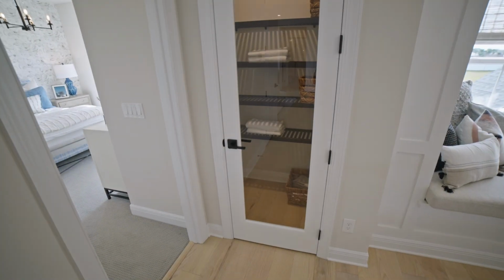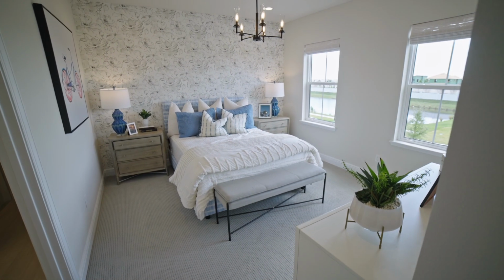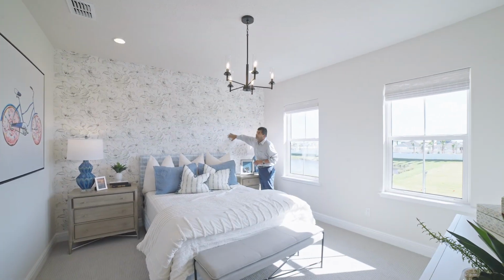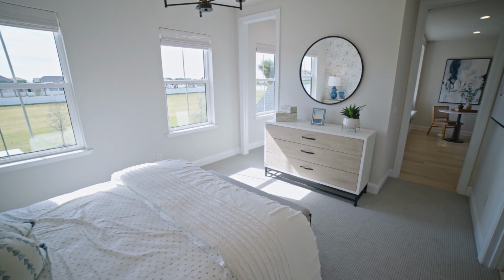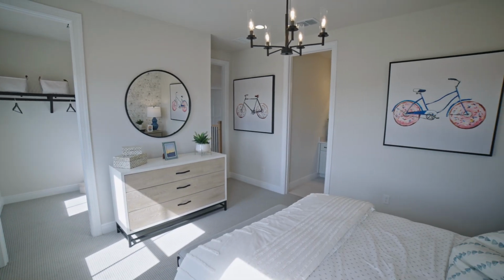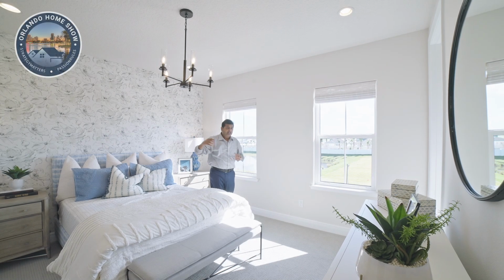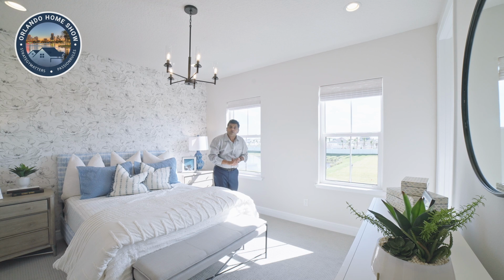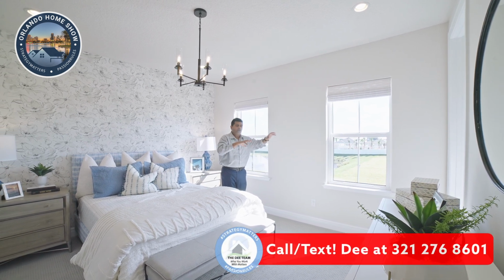Now you do have a little closet space right over here. And then you have this bedroom, and look at this, how bright is this room with this beautiful wallpaper. Again, you have those extra lights, because all you get as a standard feature is this one light. If you're building from scratch, take my advice, you're welcome, get those extra lights. You're going to thank me later again and again. Especially get them in the great room, get them in the room that you're going to use as an office, and maybe a guest room, definitely in your kitchen area, and also in the